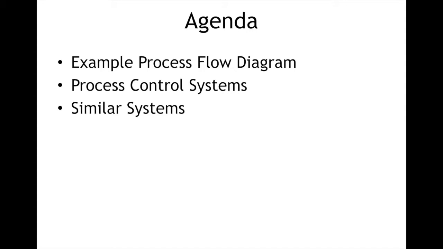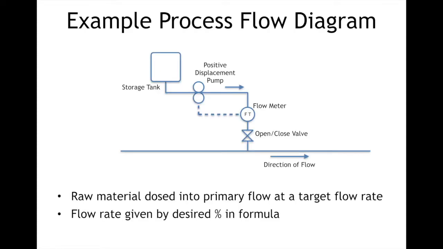We'll go through the process control systems that are required in order to make a flow rate controlled to a set point. We'll also go through a few similar systems, so not just the single setup that we talked through in the example. So the example that we will start with is a storage tank. There's liquid in the storage tank that is being pumped through a positive displacement pump, going through a flow meter, going through an on-off valve, that is then going into a main header or a storage tank or wherever else